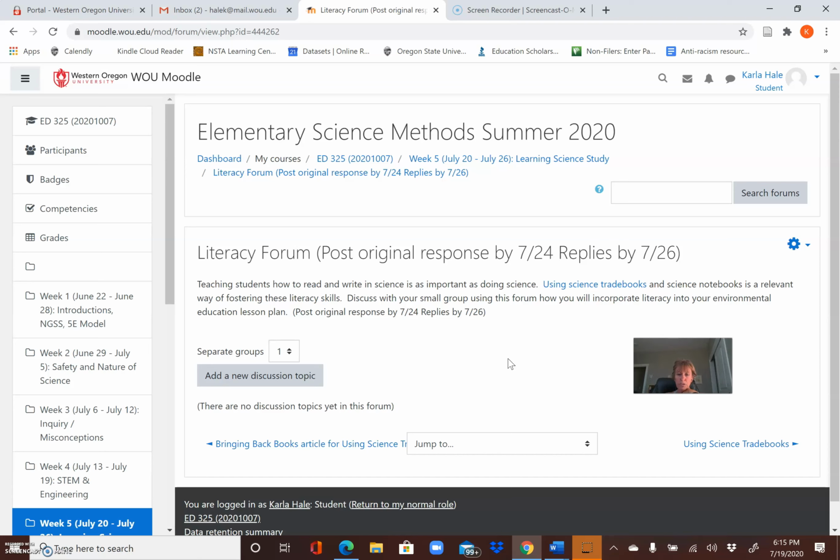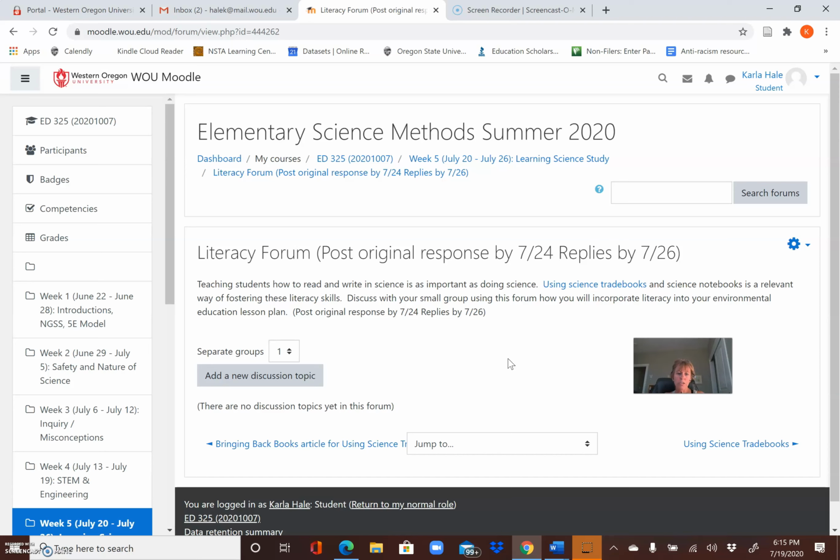And so these are just preliminary ideas. You're just at this point going, okay, this is what I think, this is the lesson I think I'm going to be doing out of Project Learning Tree. And this is the trade book I'm going to be using. And this is how I'm going to use a notebook in this lesson for students to record the science they're